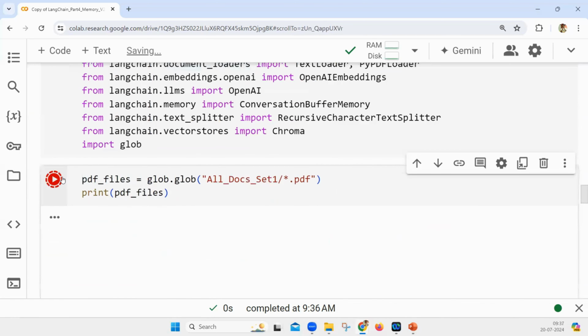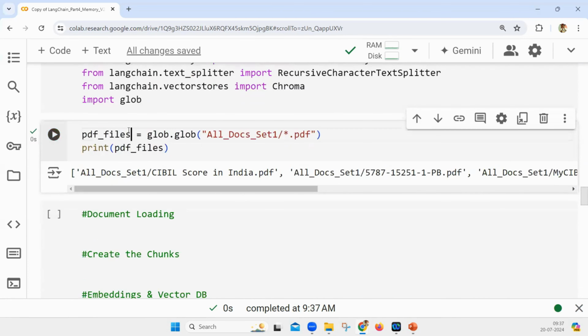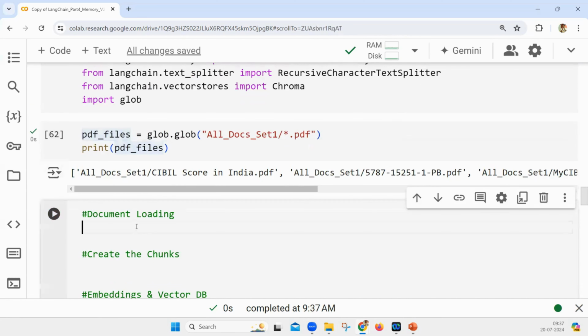So what are all the PDF files that you have? This is the list of PDF files that we are going to take. Now, since we are reading the PDF files, we have to use PyPDF for reading all these files. So let us try to get the PyPDF. First, we have to load the documents. For loading of the documents,